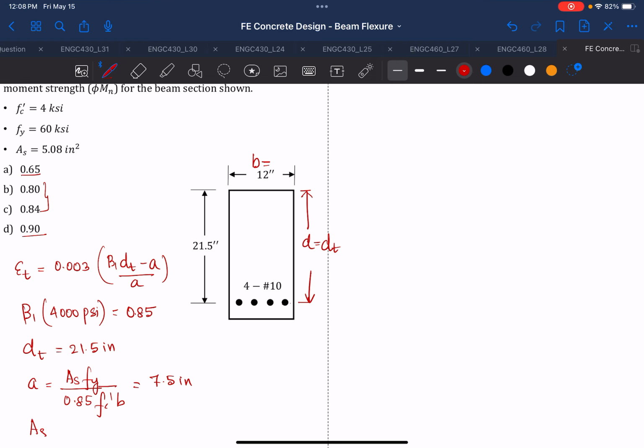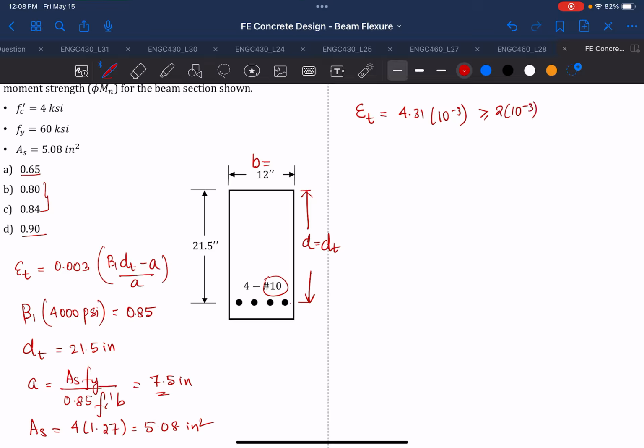And then As is 4 of number 10. The area of number 10 is given in your FE manual, and this is 5.08 inch square. So if you put all this value, you should get 7.5 inch. And then if you look at your epsilon t, your epsilon t is equal to 4.31 × 10 to the power minus 3. So is it greater than or equal to 2